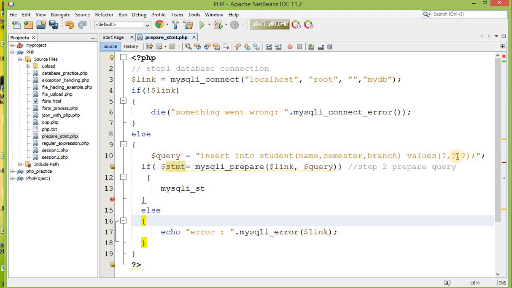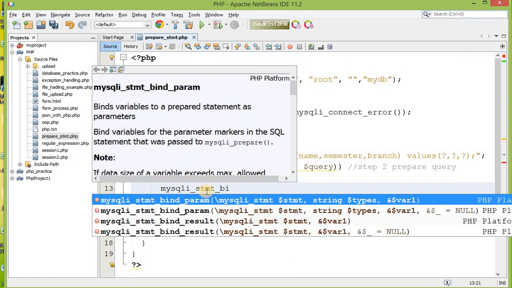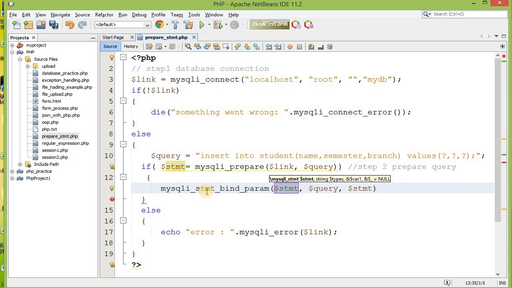So what you will do, you will store particular records or data into a particular variable, and if you want that this variable's value should be inserted into the record, then there is a kind of binding over here, to this statement and to this variable. So this method, stmt_bind_param, will do the task.